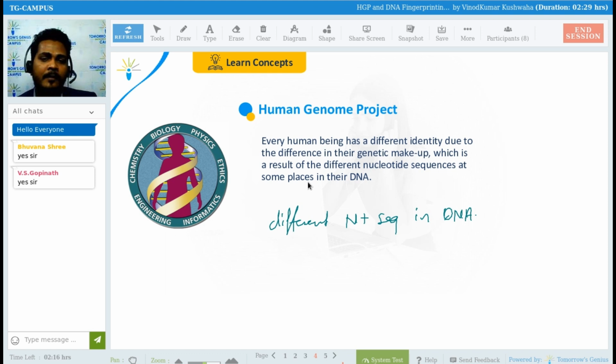So before 1990, it is very clearly known what genetic engineering is and how it made it possible to isolate a piece of DNA and to determine the nucleotide sequence of the DNA. Because you know that the structure of DNA was already determined by Sanger's method, right? By Sanger's, right? So because of that, in the year 1990,